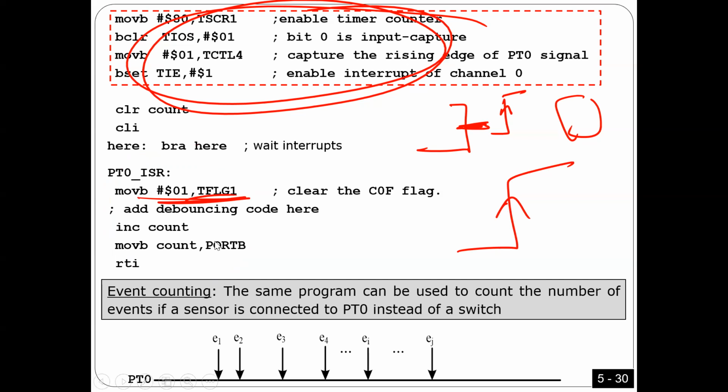So every time you press the button, you are going to trigger an interrupt. When you trigger the interrupt, I'm going to execute this subroutine. This subroutine is going to increment the count and write the count on port B so that you can see the count. Very easy. Okay, guys, any questions? Now, again, I used it like IRQ. I didn't use it like input capture, which means I didn't use it to measure time, right?